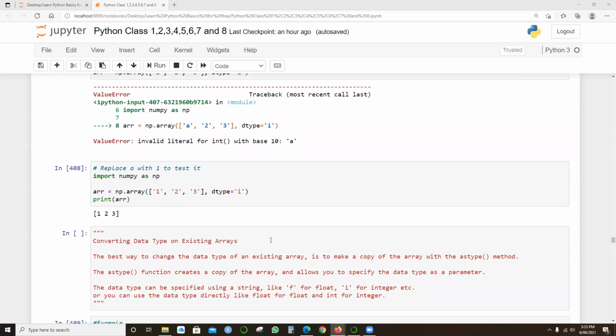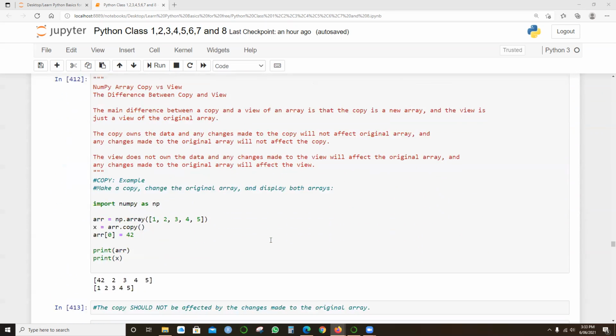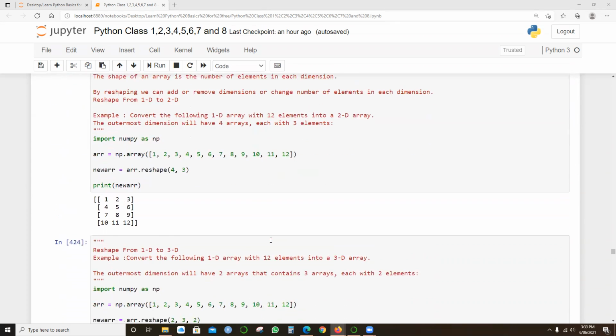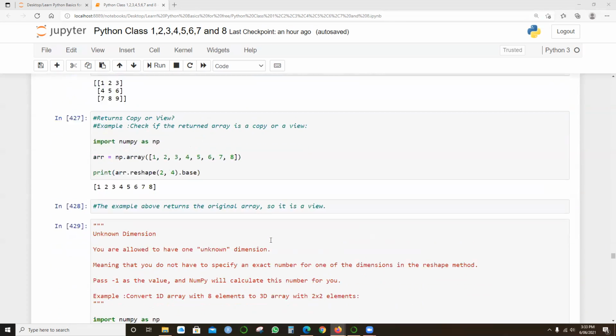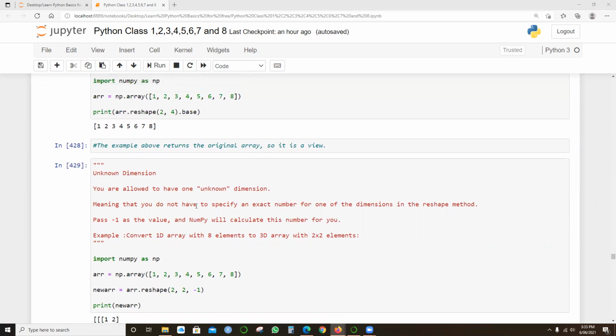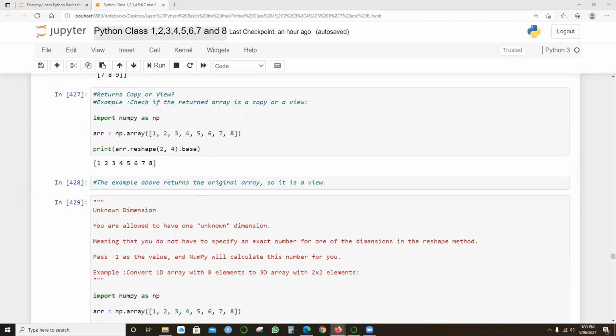So this week, we'll just add more value to it. Let's go to the next topic. I'm just adding everything into the same notebook file so that it will be easy. So from class 1 to class 8, it will be in one single notebook file.